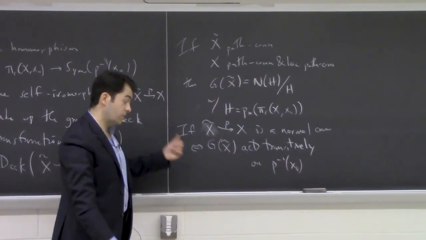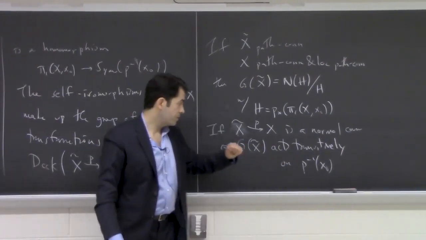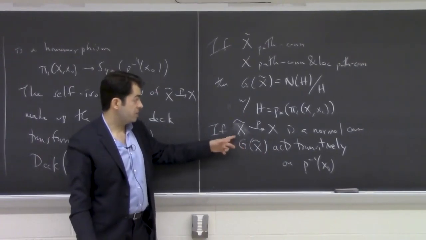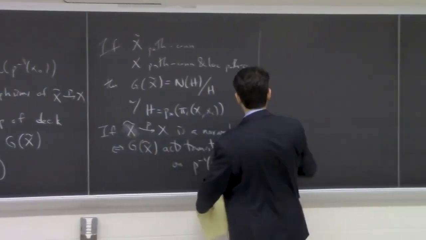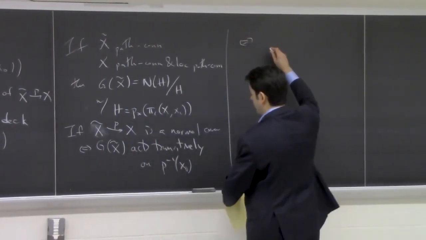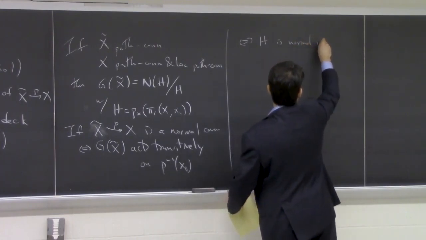Right, so we defined it in this geometric way. We said that given any 2 points on the fiber, you can find a deck transformation that takes one of them to the other. Right, but we proved that that's equivalent to an algebraic condition, namely that H is normal